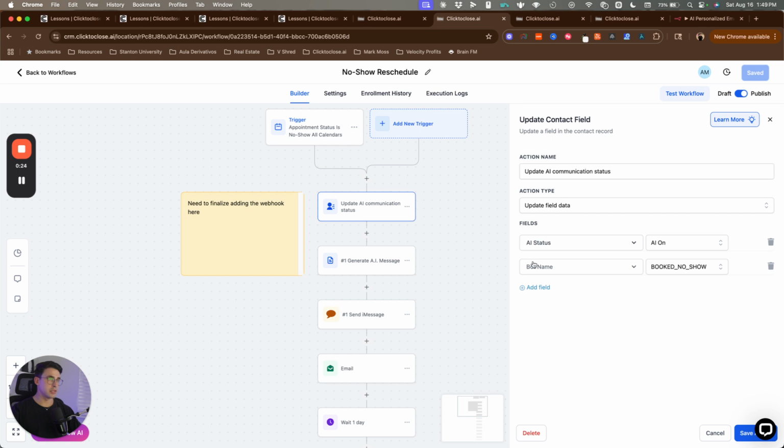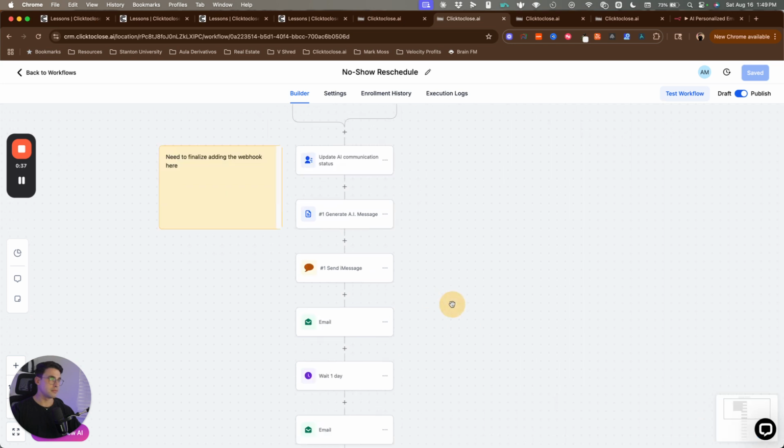You will update the AI status to on, and then the bot name to book no show. So you're basically giving the bot the goal, and we're going to go over how to configure this bot at a later stage of the program. And then here,